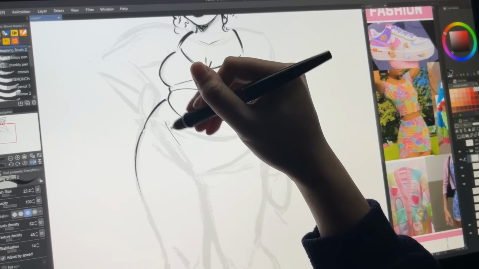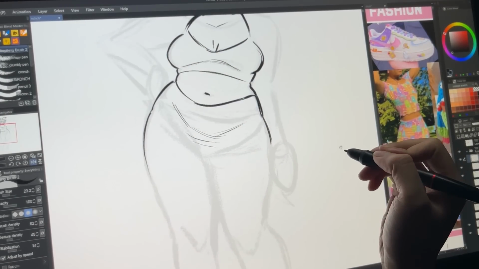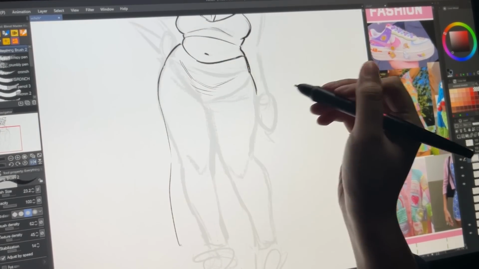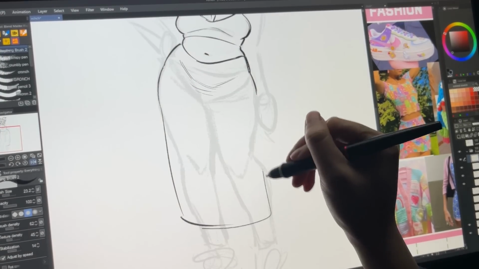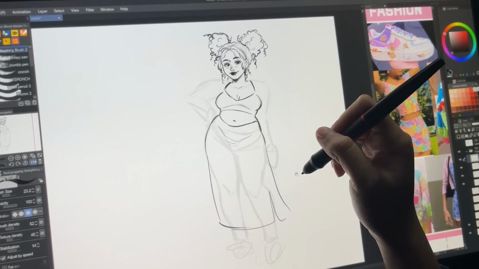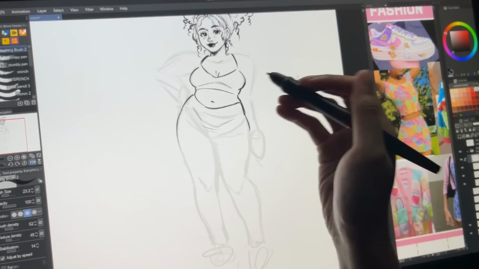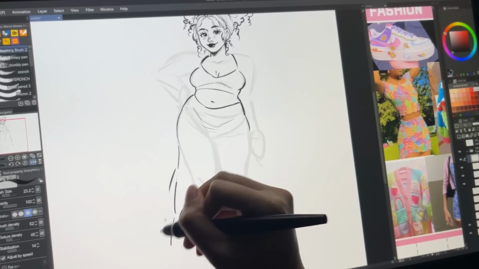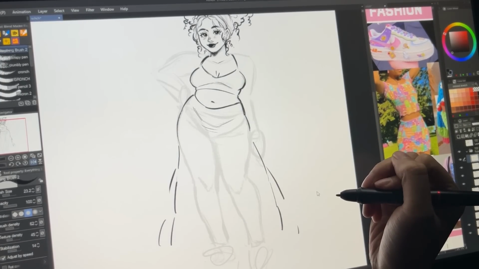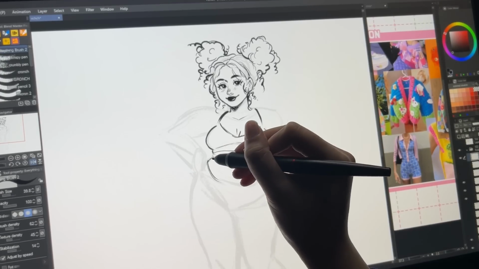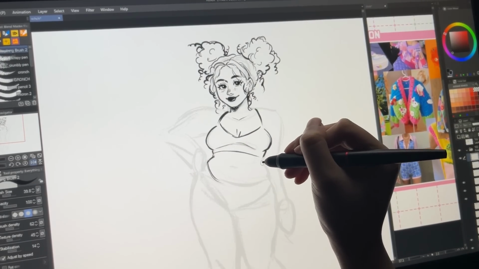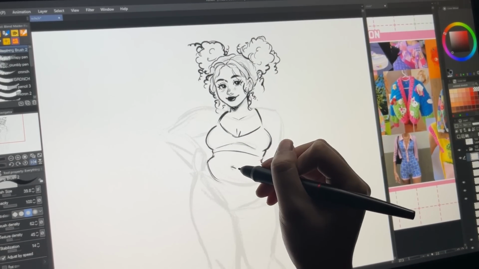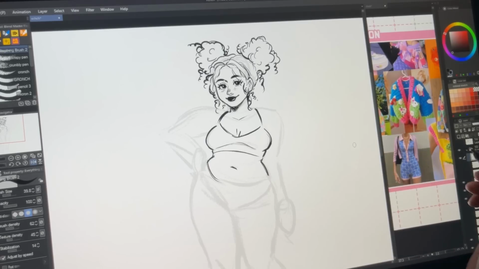I love long skirts, so I messed around with giving her one. I was messing around with the different types of skirts, but I knew for sure that I wanted to have a pattern or patches on it. I was just trying to get the shape down, and I went with a flowy one, and the skirt ended up looking similar to the one I drew for Sydney for her Halloween design.